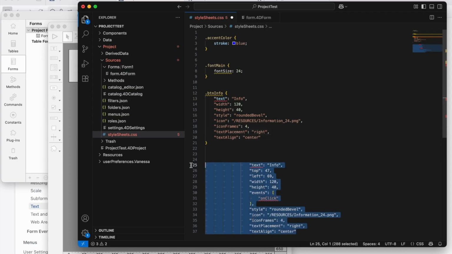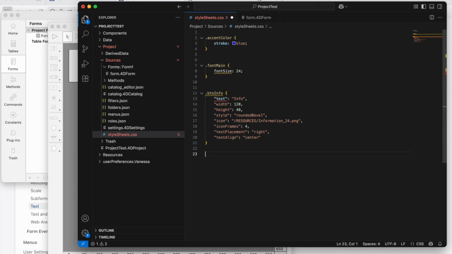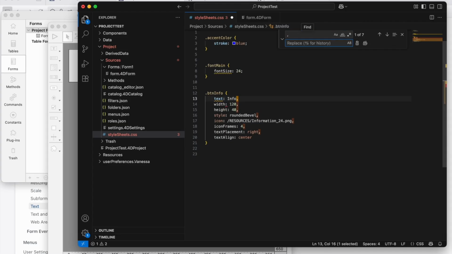Okay, I remove this. Now I want to transform this in CSS. Just, okay, replace the quotation mark by nothing. Okay, and replace comma by semicolon. Replace. Okay, now I have